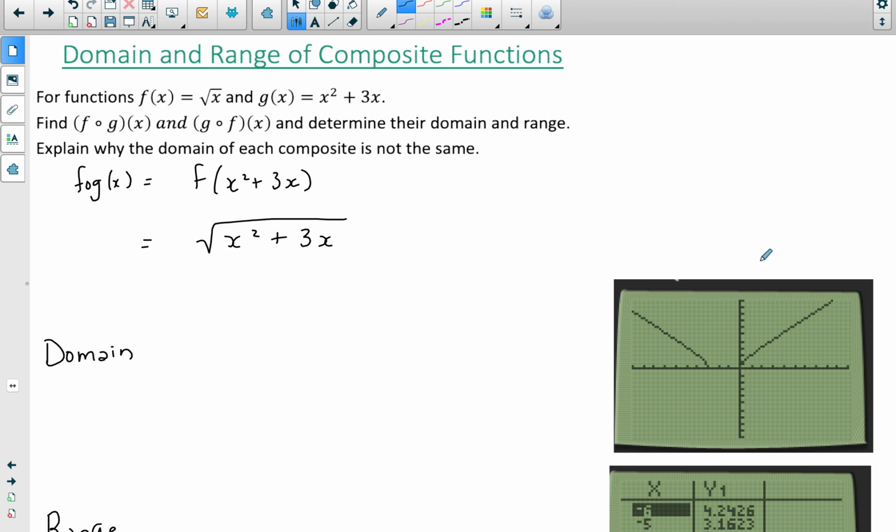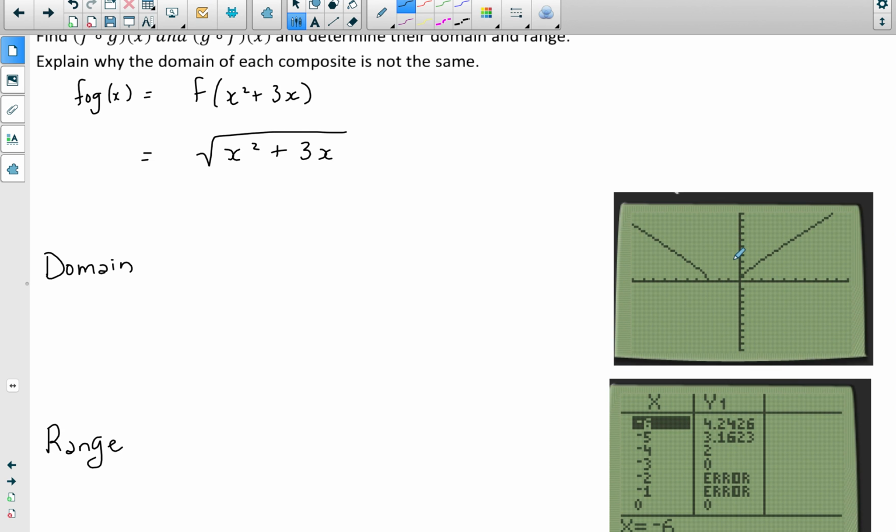Now, the domain. It's much easier to talk about the domain if you have the graph in there. If it's a non-calculator type of question, then you could actually solve the domain on your own using quadratic equations and so on, but that's something if you've done solving quadratics. So if you have, we will talk about the domain the same way we did with the previous example, where if you look at this composite function,